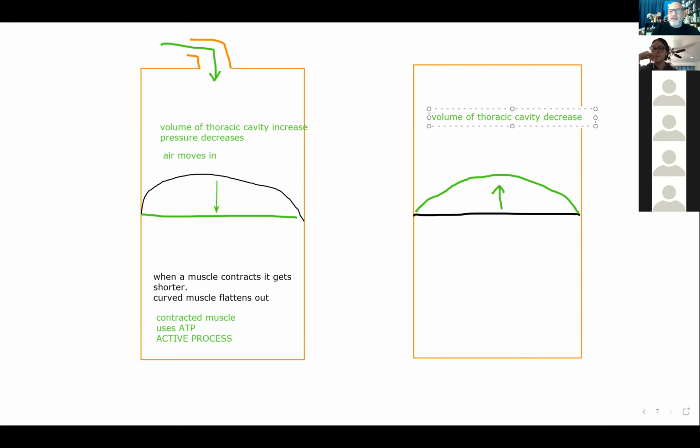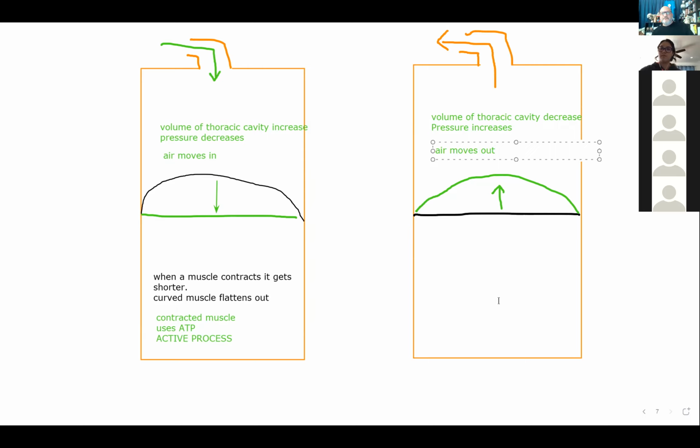It gets smaller. And when the volume decreases, what happens to the pressure? It increases. And is that air going to want to stay inside of this high pressure environment? No. And luckily, our lungs are open to the outside world. And so our air leaves. And what do we call that process? Exhaling. Now notice for the exhalation,